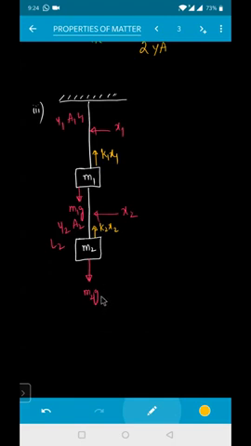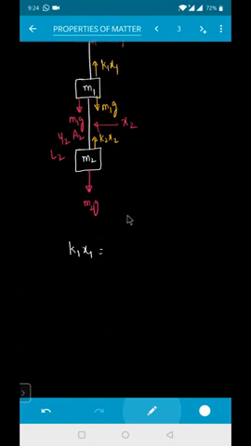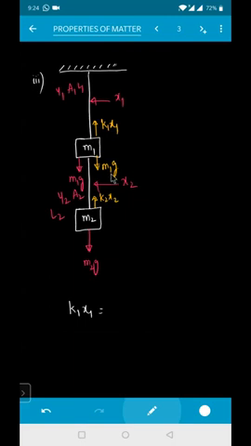The weight of the body right now here is equal to how much, beta? M2 into G, isn't it? Here the weight of the body will be equal to how much, beta? This weight of the body is also acting in the downward direction. That is M1 into G. So now, if I'm writing the first point, you see, K1 X1 will be equal to how much? See this one better. K1 X1 will be equal to M1 into G, isn't it? K2 X2 will be equal to how much, beta? M2 into G. Clear?